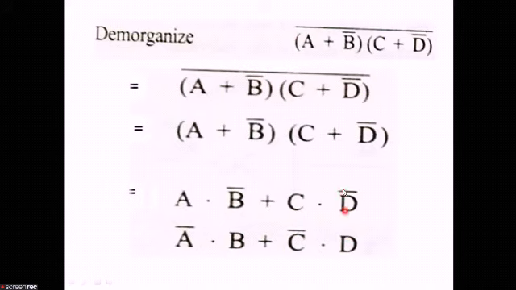Why? Because D double bar is equal to D. Just look here. To make it complement, you do it like this: there is a bar here, again a bar here. This double bar means it will be only B. C bar has come here and D double bar is D. So I hope this is clear to all of you students. Now let us move to the second slide.